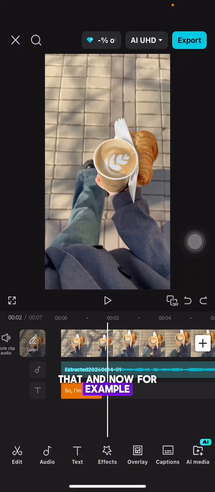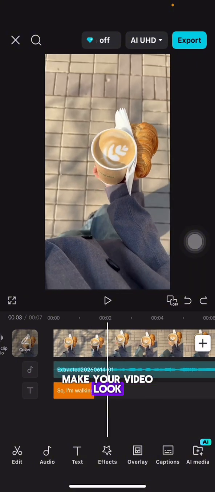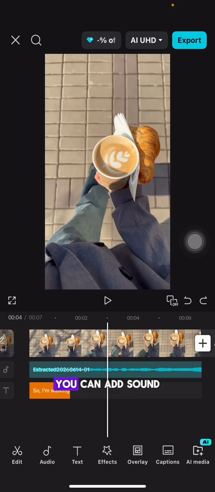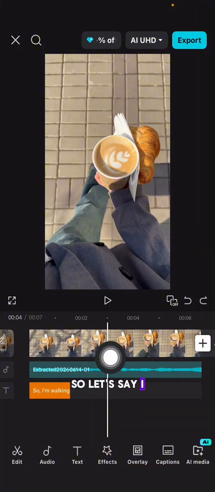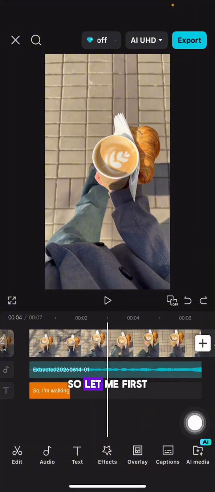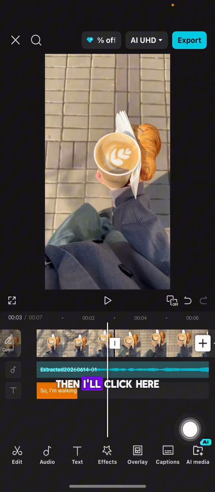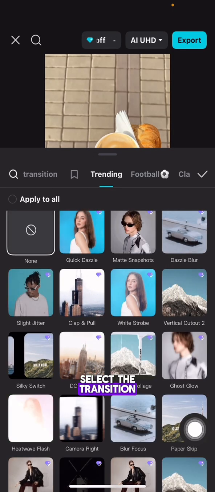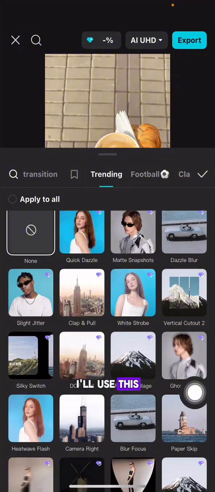And now, for example, if you want to make your video look more interesting, you can actually use sound. Even for transitions, you can add sounds at the point where you get to apply your transition. So let's say I want to add a transition here. So let me first of all split my video, right? Then I'll click here, select the transition. I'll use this,